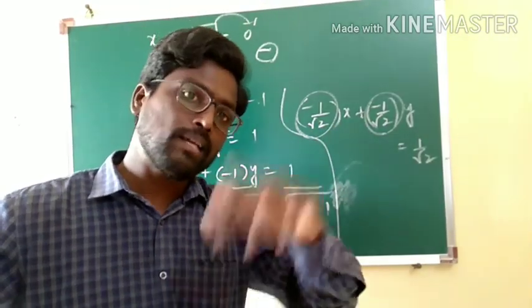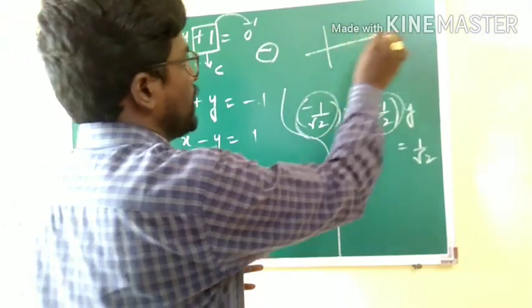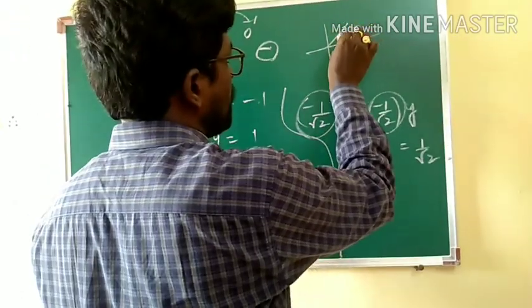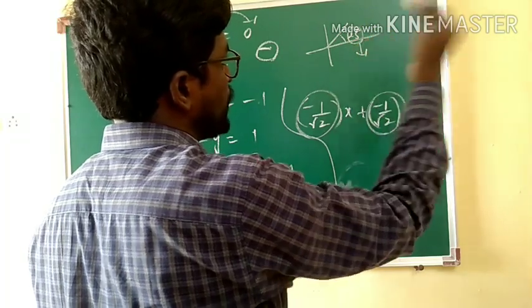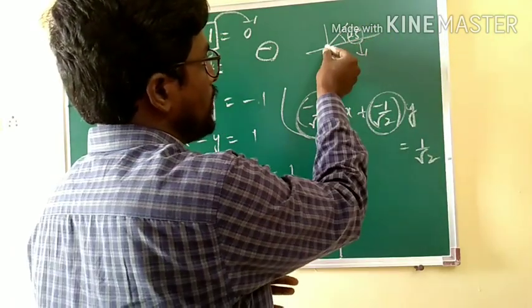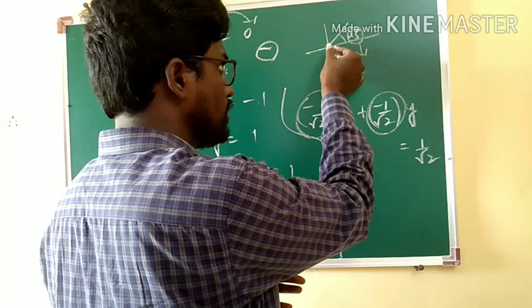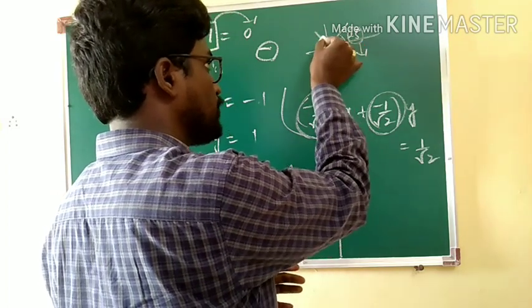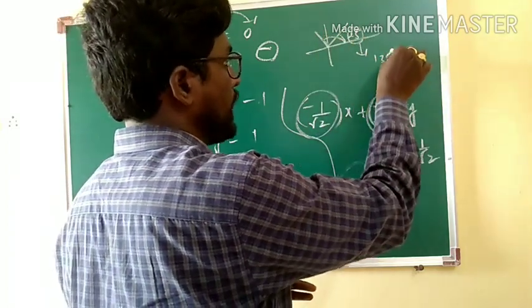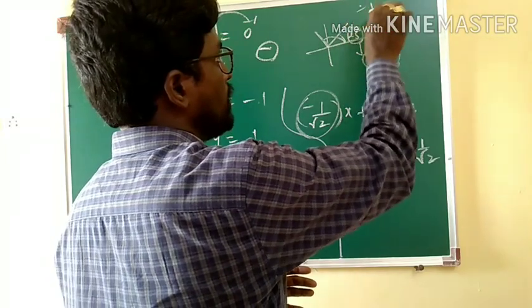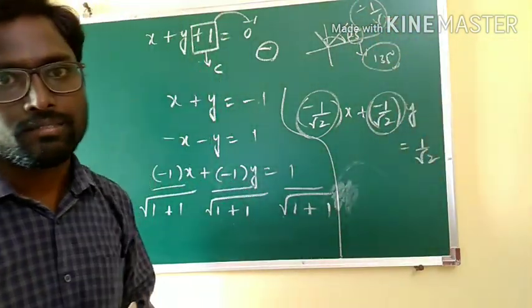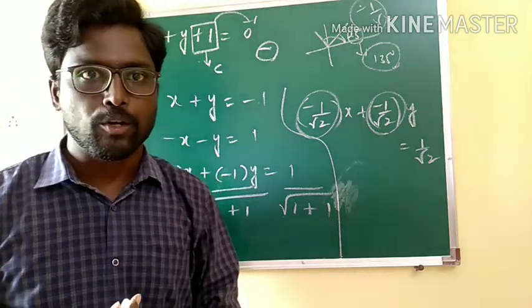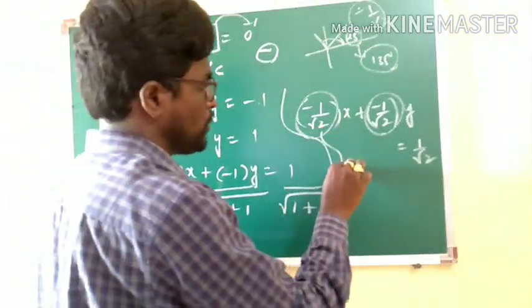That is for 90 plus 45, because if at all you have the line having some 45 degrees, cos 45 is going to be 1 by root 2. And if at all it is going to be 90 plus 45, 135, when the angle is 135, it is going to be minus 1 by root 2. Similarly, even in case of the sine angle case. Getting my point?